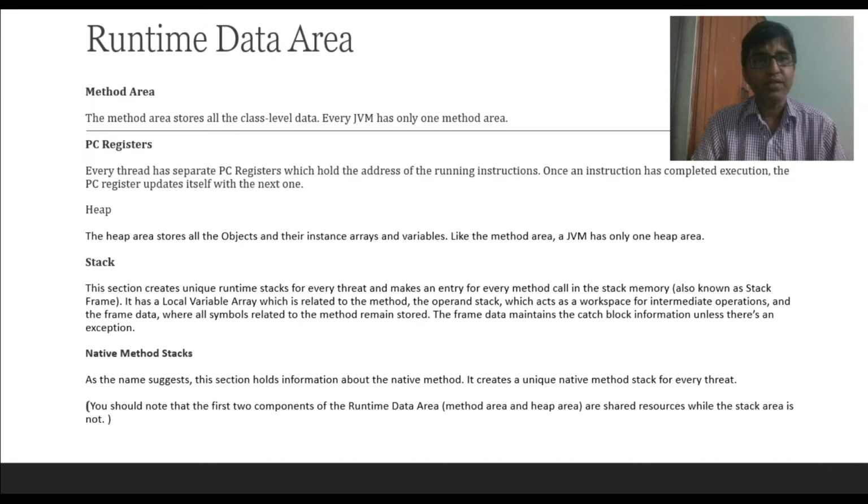Okay, let's go to the PC registers. Every thread of execution has a relative PC register. It is a place where it holds all the memory addresses, the reference addresses of the running instructions. A capsule of code has some instructions to be executed in machine language, and the PC register holds the reference point which is stored in the memory.